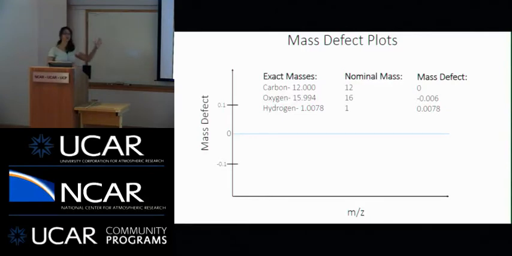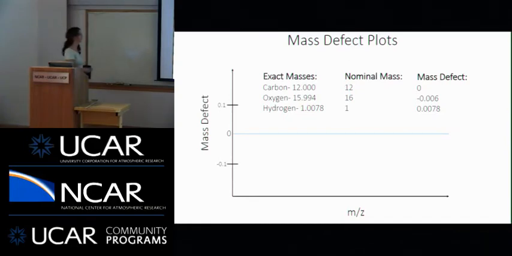So what I'm going to do is show you a few mass defect plots. So for those of you who do not do mass spectrometry in the room, I will give you a primer. So the idea here is that along the x-axis, we have mass to charge ratio. We assume that the charge in everything is 1. You can think of this x-axis as basically being molecular mass. And then we have our mass defect on the y-axis.